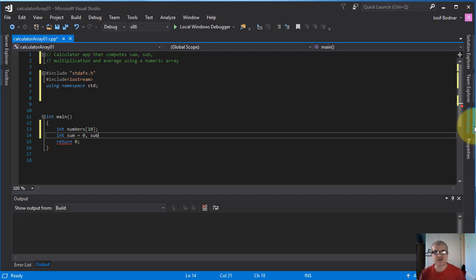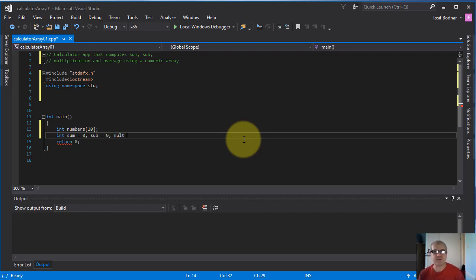This sub integer variable, which I'm going to assign 0, is going to hold the value for subtraction, and this mult